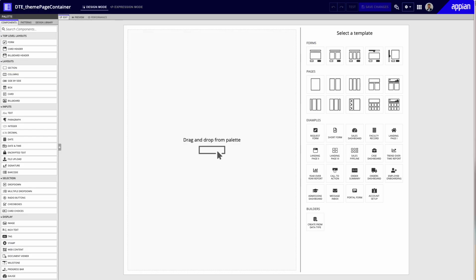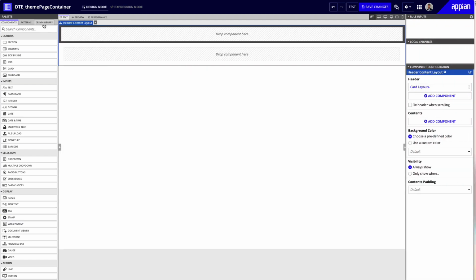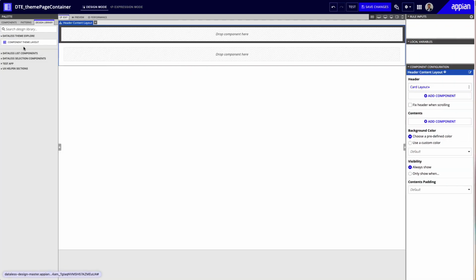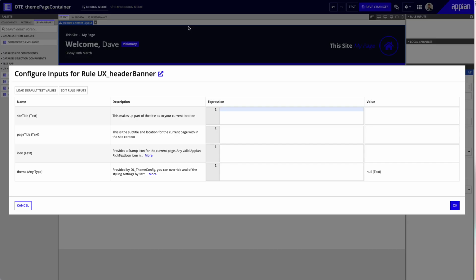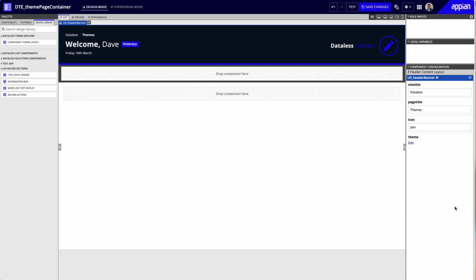So if we go back to our theme container, and I'll just refresh this. And what I'm going to do here is I'm going to put in a card header, and I'm going to then move to our design library. I'm going to use a few things. So I'm going to use our component theme layout that we just created, and I'm also going to use a header section. So we'll pop this in here. Now I'm separating the header because